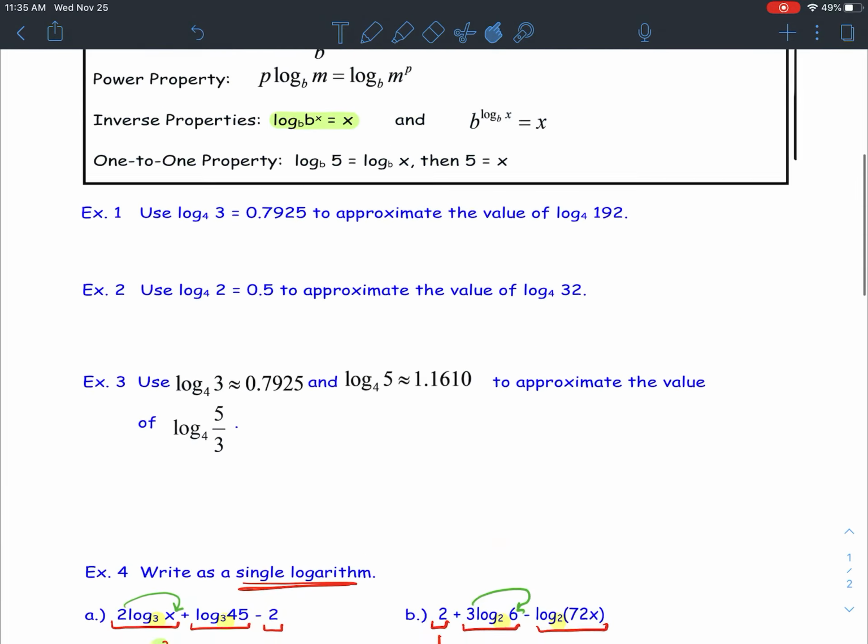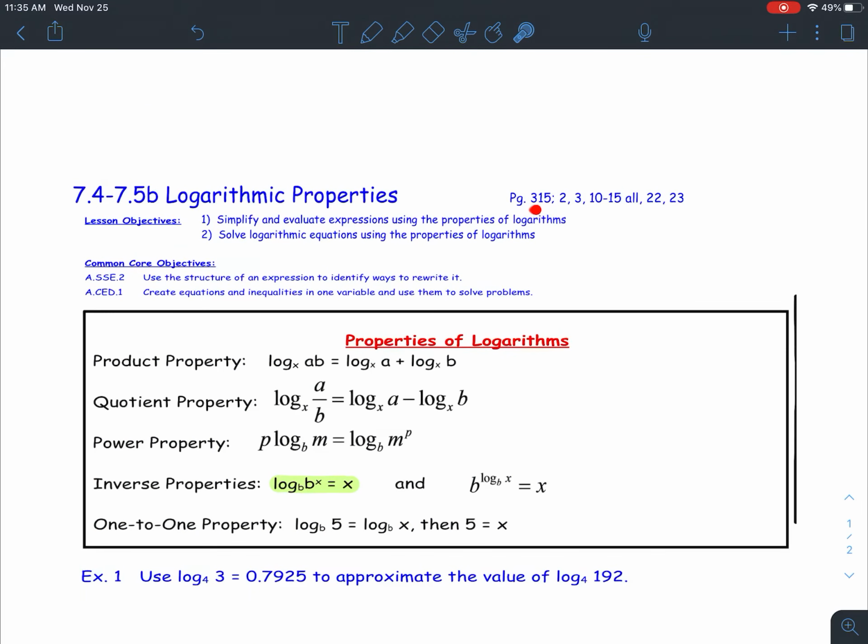Okay, once again, you can see at the top of the notes page here are a few problems for you to go ahead and try from the